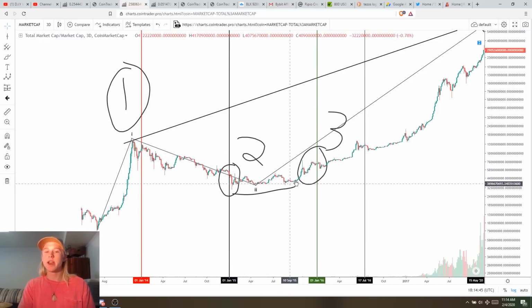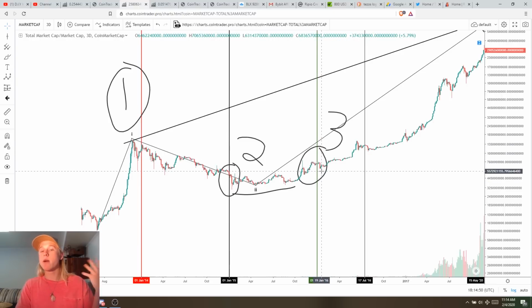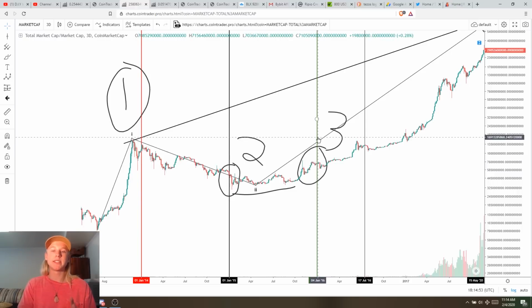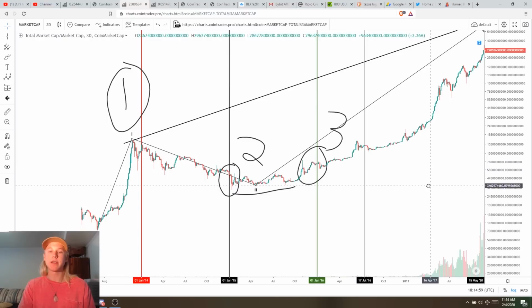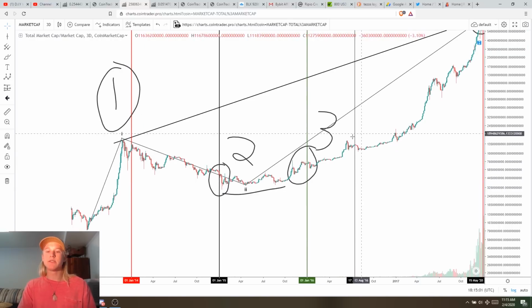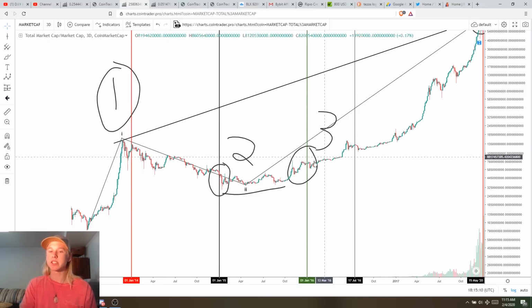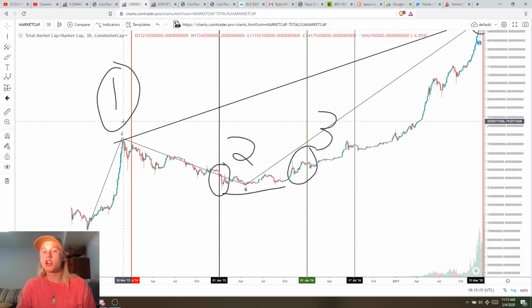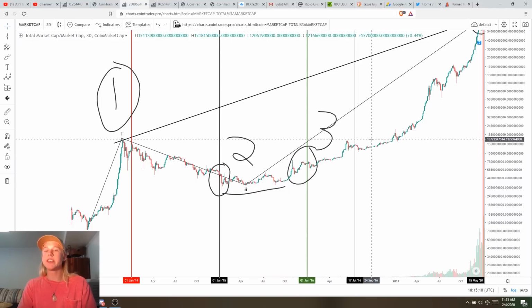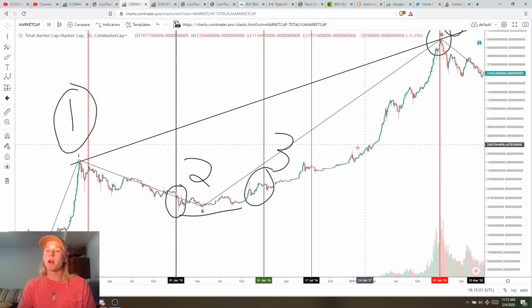We went through accumulation and made our first higher high with this ascending triangle that took place back here in 2016. Not only that, but it also takes place exactly 1 year from the bottom of the bearish trend at January 1st of 2016. Now, what's interesting to me is the fact that the halving takes place about 6 months after this third phase. And so I think that smart money is accumulating based off of this simple principle. They know how the cycles work based off of time frames, and they're accumulating based off of this. Now, what takes place after the halving, or roughly 6 months after our third phase, is our new parabolic event, right?